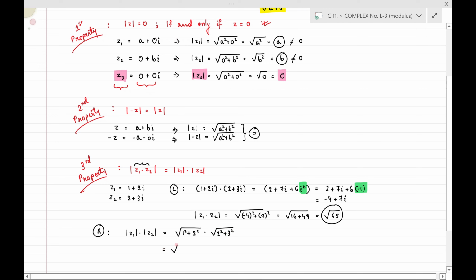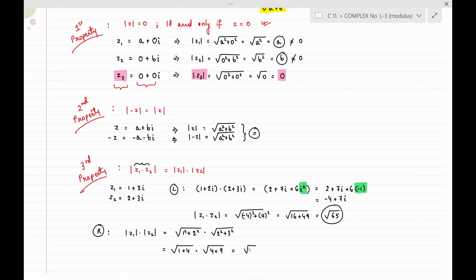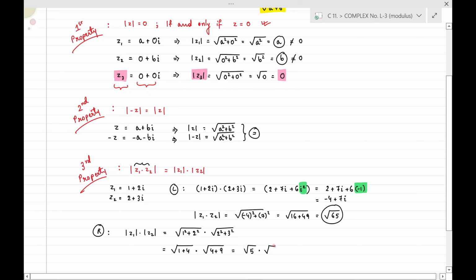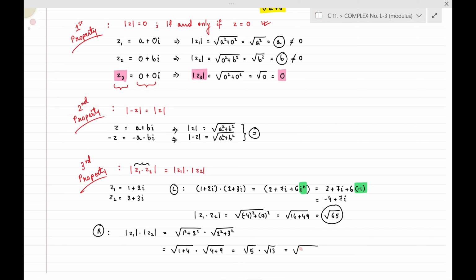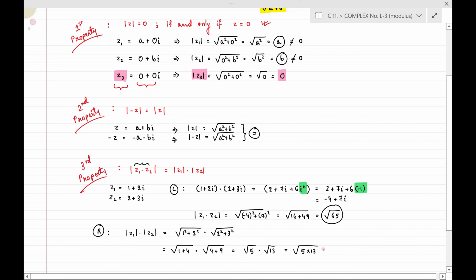This will be equal to under root 1 plus 4 into under root 4 plus 9, that is equal to under root 5 into under root 13, and that is equal to whole of under root 5 into 13, that is equal to under root 65, and in both the cases the values are equal. So therefore,